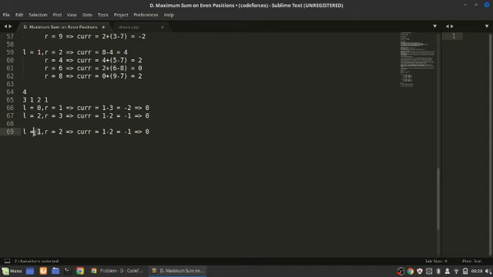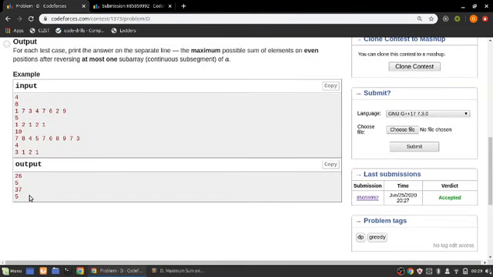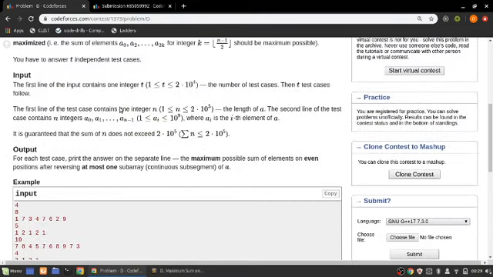Now starting with L equal to 1, our current will be 1 minus 2, which is minus 1, which is again less than 0. So here our maximum is always negative, so maximum equal to 0. So the maximum subarray sum originally was 5 and now it will be 5 plus 0 equal to 5. So as you can see, both the answers are correct here. Now let's look at the code for this one.